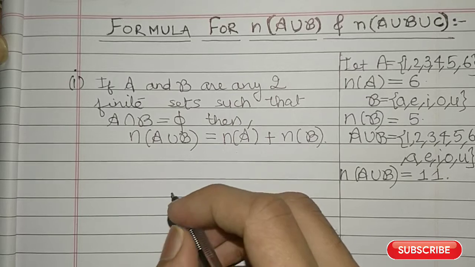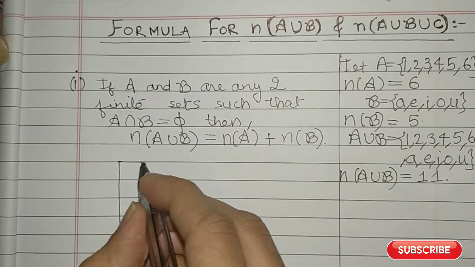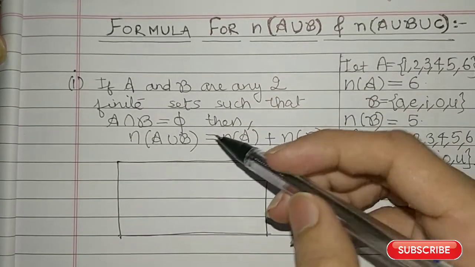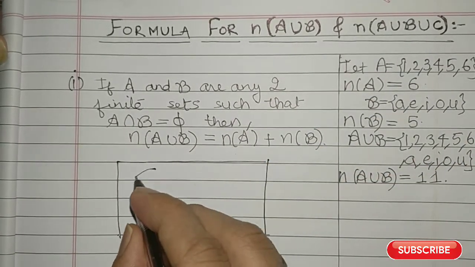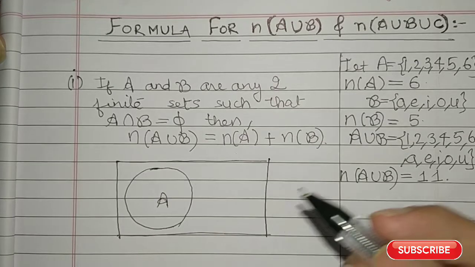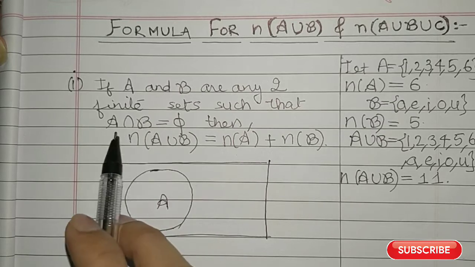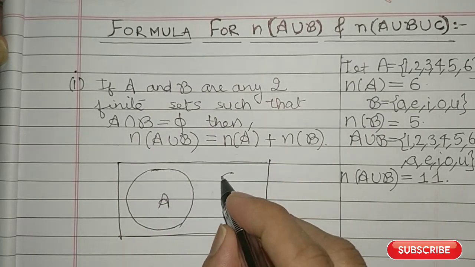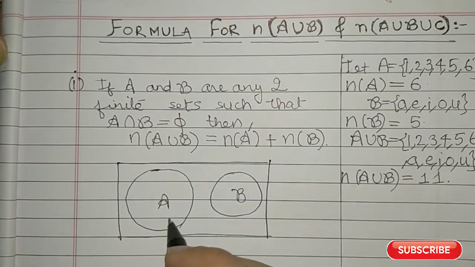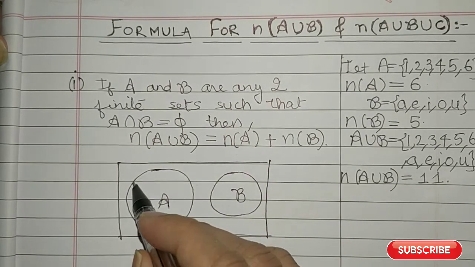Now to get the formula, let us look at the Venn diagram. Here I am drawing the Venn diagram. Suppose you have a set A. This is the set A. Now it is given that A intersection B is empty, so there are no common elements in the sets A and B. So the second set B you have to draw without intersecting the set A. This will be the set B. Now see, A union B means what? All the elements of A,